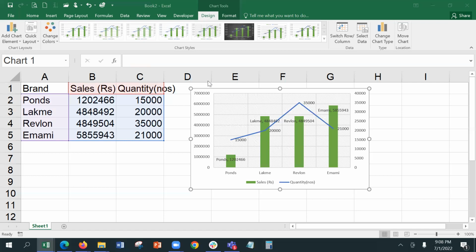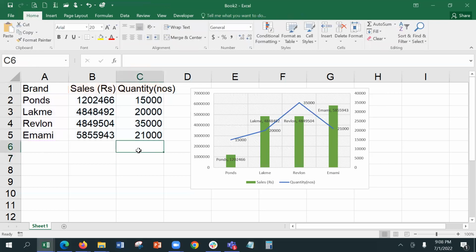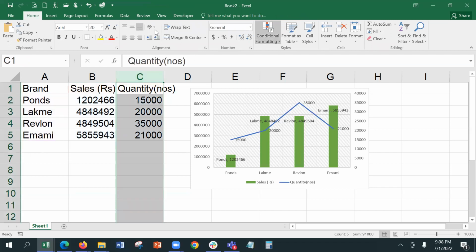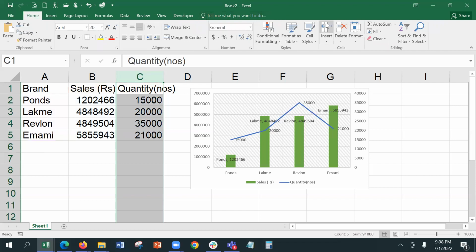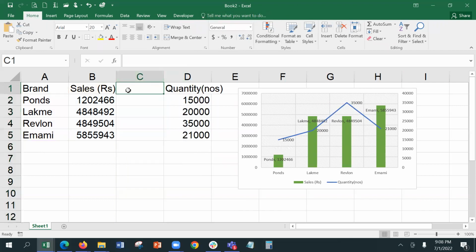Sir, if I want to add another diagram or any like this, what do I have to do? Another column? Yes, if I add another column, just go and add one column here. Let's say target. Target was, let's say,